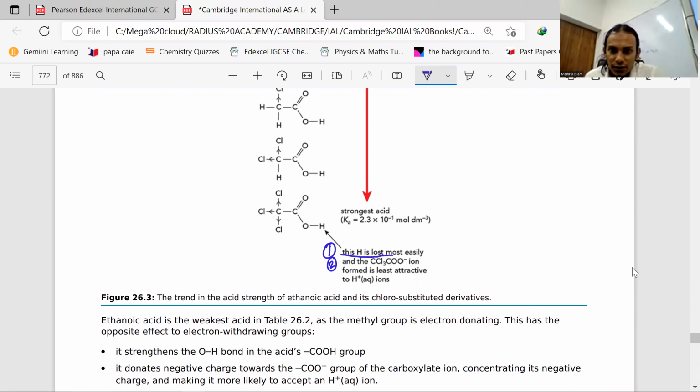This hydrogen is lost most easily, and CCl3C minus ion form is now least attractive to the hydrogen ion, so equilibrium is not shifting to the left side. খুব ছোট করে কিন্তু দারুণ করে এই জায়গাটা দিছে, জিনিসটা বোঝা যায়, আন্ডারলাইন করে নাও, খুব দারুণ জিনিস।